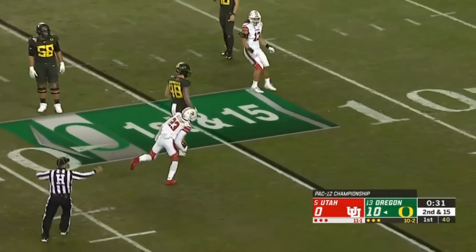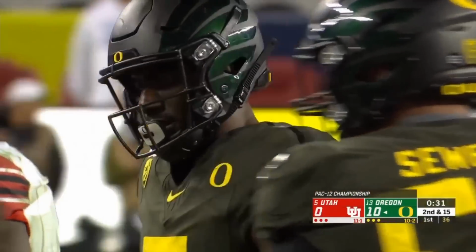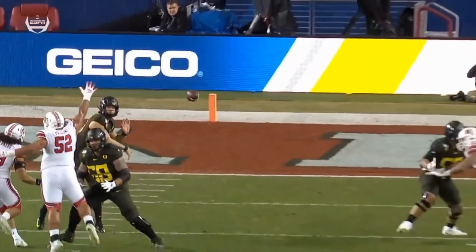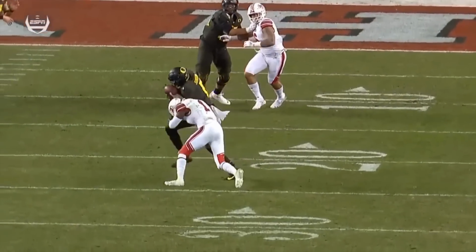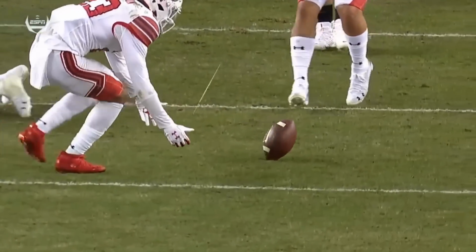Jaylon Johnson's had a couple go out of his hands. Jaylon Johnson delivered the hit there. Utah bringing those linebackers makes it an easy throw for Herbert. I'm going to tell you, we had Oregon 2 weeks ago. This is the Justin Herbert you'd like to see. He's throwing tight spirals. He's getting the ball out of his hands quickly. Seems to really have...